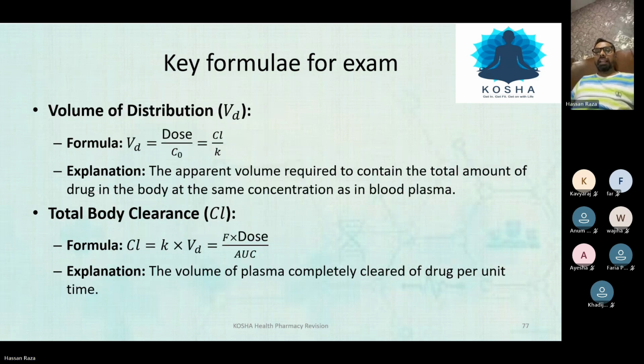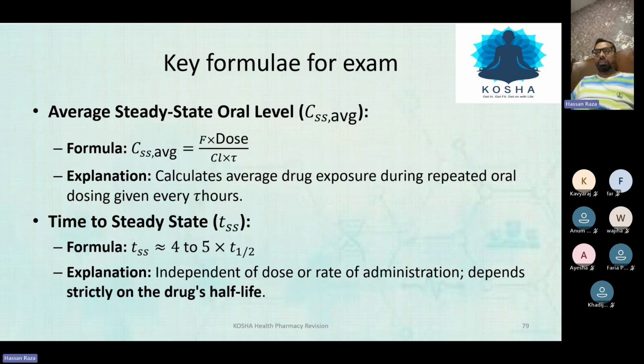And we are also interested in calculating volume of distribution, which is dose over concentration, and sometimes we use clearance divided by elimination rate constant as well. And this is the formula of total body clearance. Clearance is equal to elimination rate constant multiplied by volume of distribution. So now